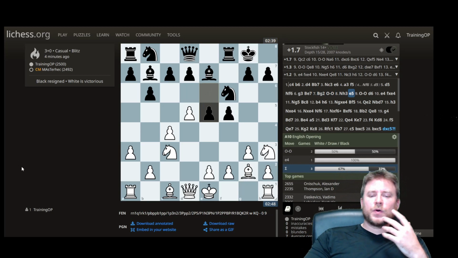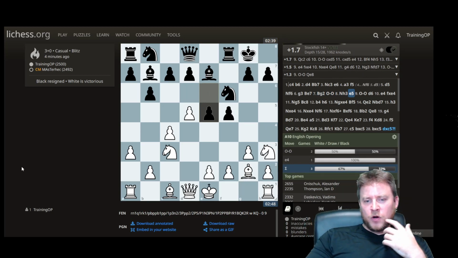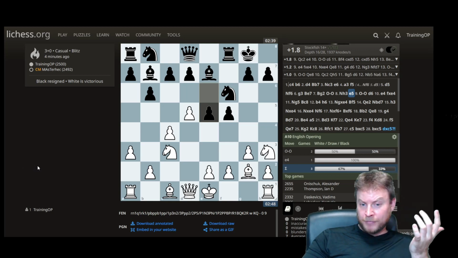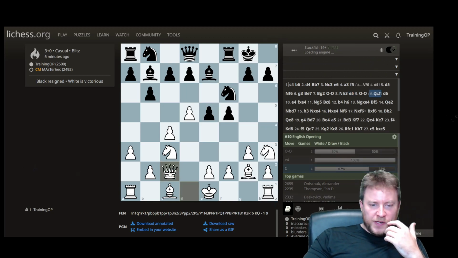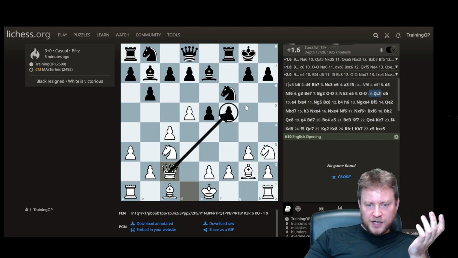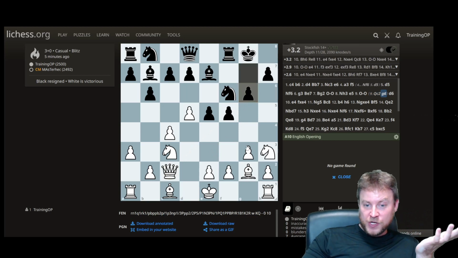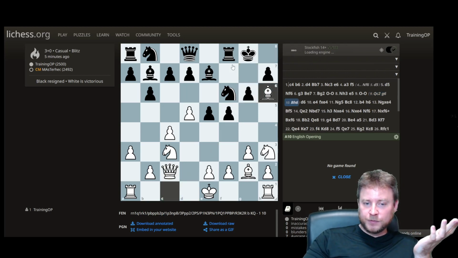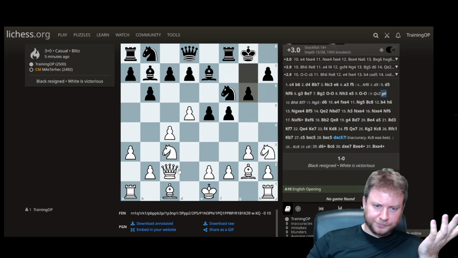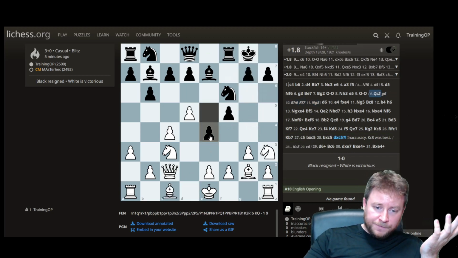Okay, so I knew e5 was wrong, but I couldn't remember why off the top of my head. So I just played a natural enough move. Queen c2 puts pressure on this pawn. So there's only a finite number of ways to try to defend. If g6, which looks absolutely terrible, we get this type of stuff. And if e4,